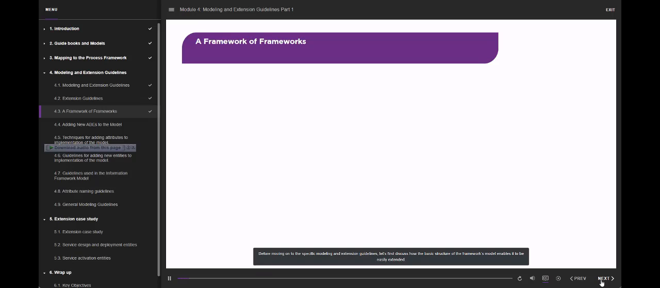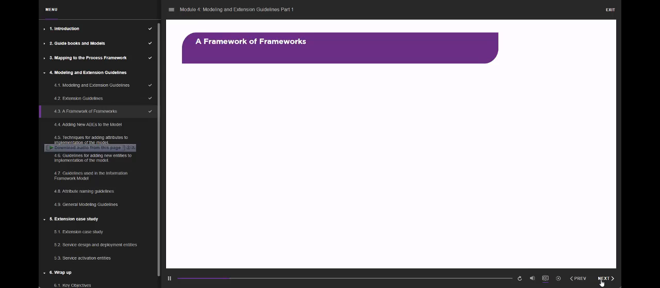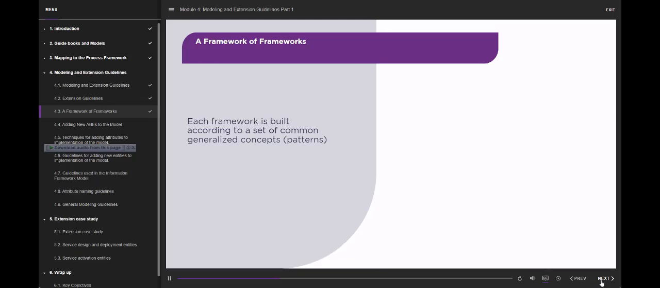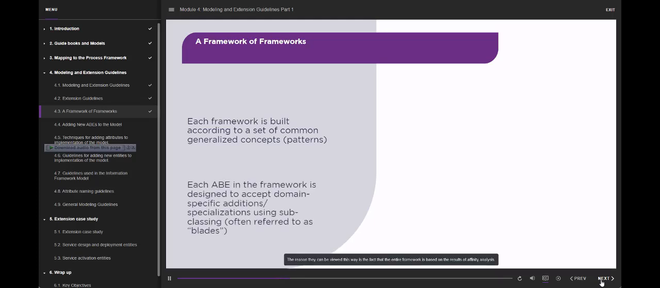Before moving on to the specific modelling and extension guidelines, let's first discuss how the basic structure of the framework's model enables it to be easily extended. The information framework can be viewed as a framework of frameworks, where each domain and each ABE are smaller frameworks within the overall information framework. The reason they can be viewed this way is the fact that the entire framework is based on the results